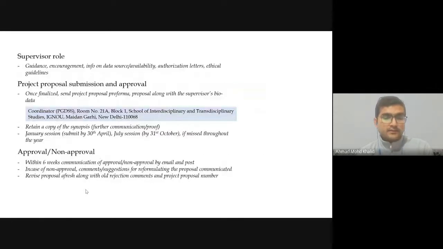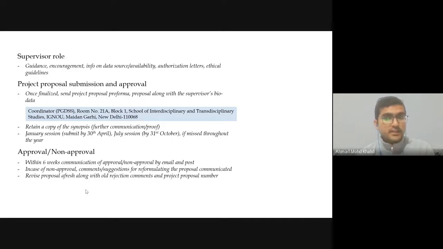So once you have consulted your supervisors, be very clear about what is going to be the role of the supervisor. The work that has to be done by you. Be clear from day one that it is you who will be doing everything. But yes, as a supervisor, he will guide you. He may encourage you. Sometimes he might have some data with him or her, or he might also know some sources from where that data can be made available. He can help you with that.